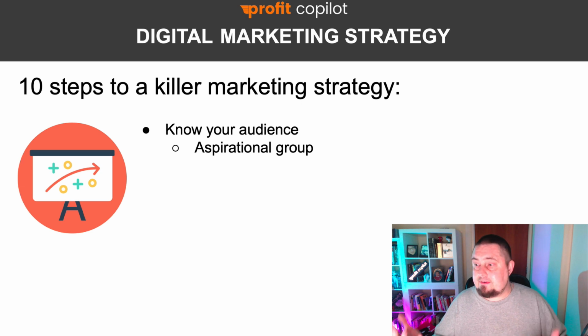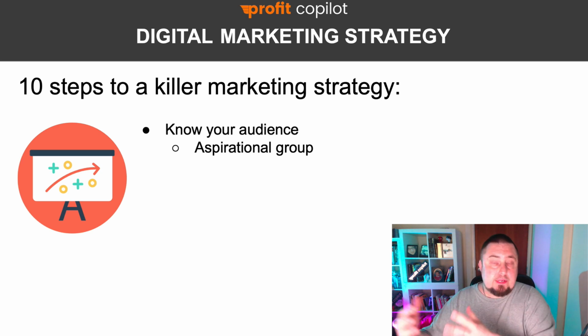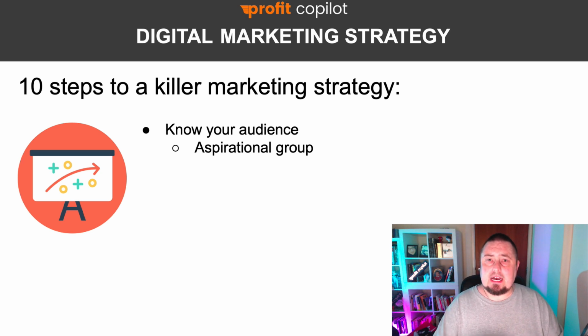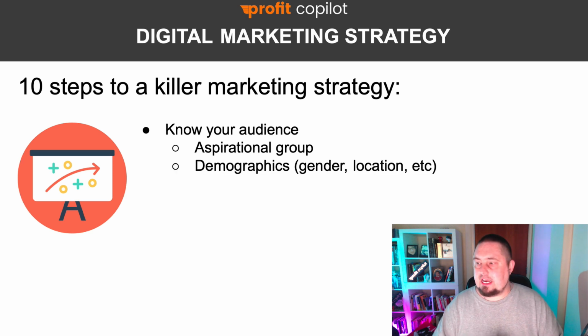If you're into digital marketing, maybe, then the aspirational group could be entrepreneurs, successful entrepreneurs, could be millionaires. Think about the aspirational group for your audience. If you're in weight loss, then it could be the skinny guy with the six-pack abs. That could be the aspirational group. So you need to figure out who your audience wants to belong to. Once you know that, you have to decide on the demographics you're going to target.